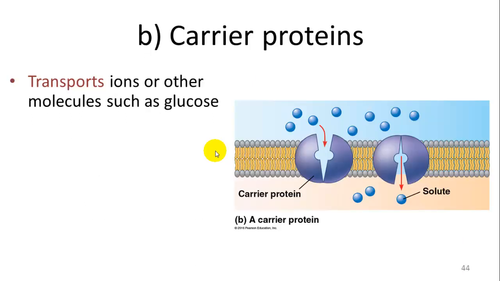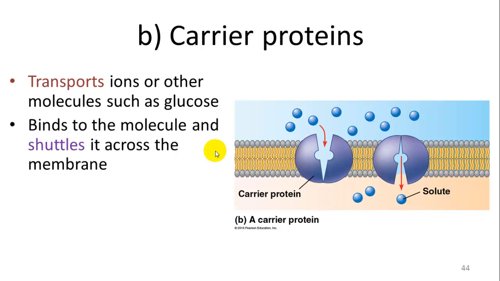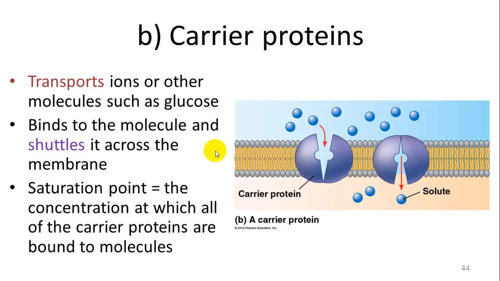All right, carrier proteins then can transport molecules such as glucose in and out of the cell. What happens with the carrier protein is it's open, the glucose goes in there and binds to it, and then it opens on the other end, allowing it to go through. For each of these, there is a saturation point, a point at which the concentration of the solute will no longer allow a greater rate to pass through. So there's a maximum in how fast they can work.